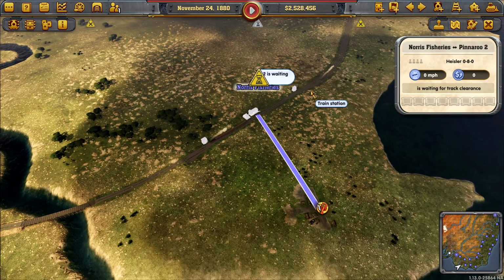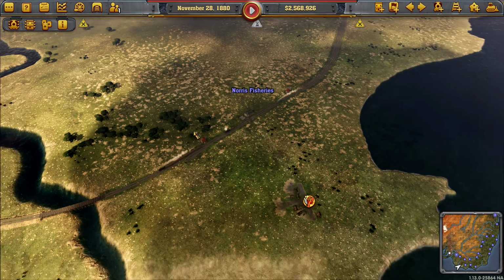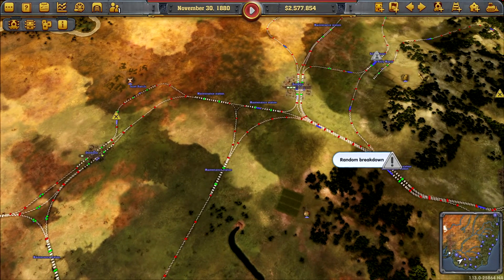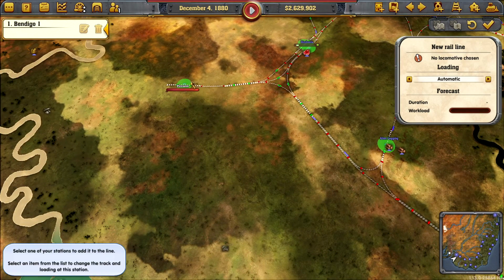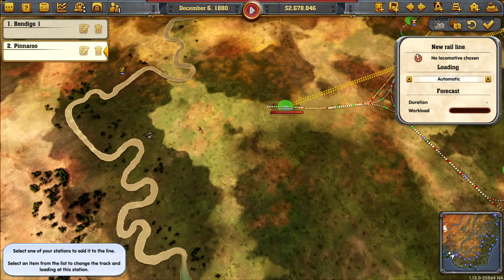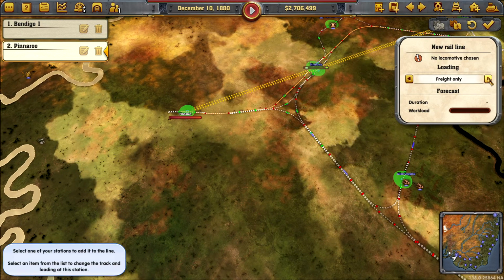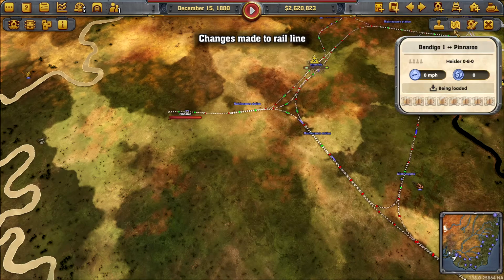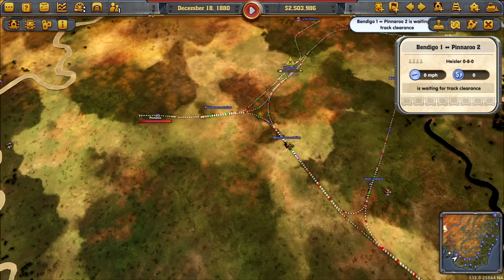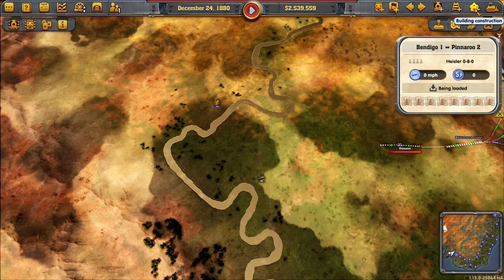Oh, are you going to get in time? Please, please, please. There we go. You reserved the seafood. Right. Bendigo should have plenty of beer for them. And then we can hook up this grain farm for Pinaroo's grain. Freight only. We'll get one of those on. And then we'll duplicate you. We will just check you've got the stocks. You should have 56. Dear oh dear. You got plenty. Let's get...